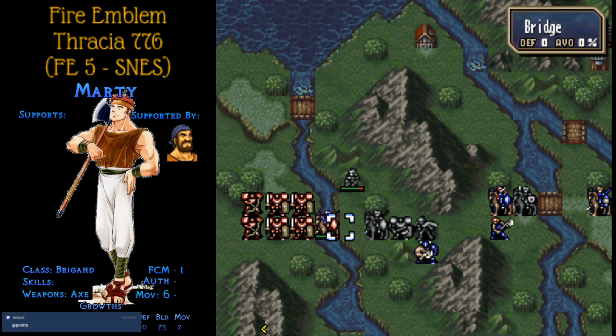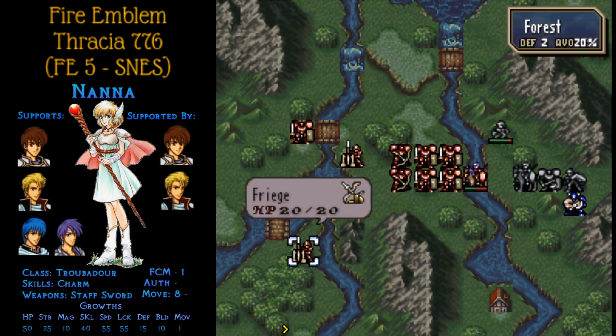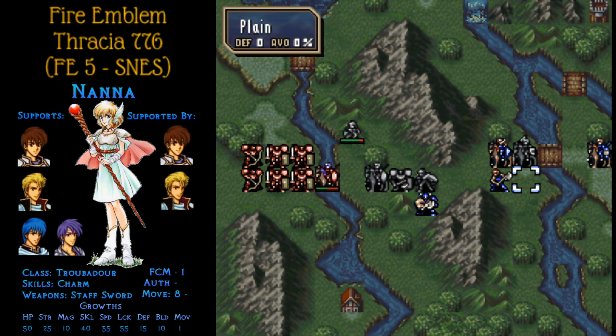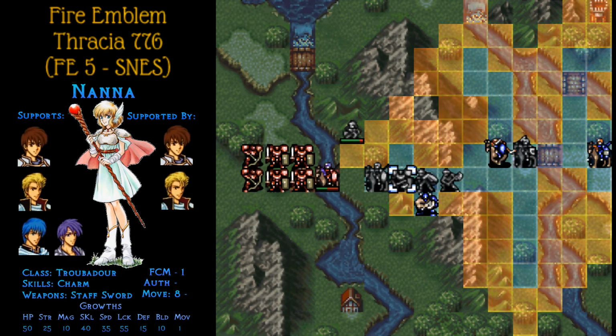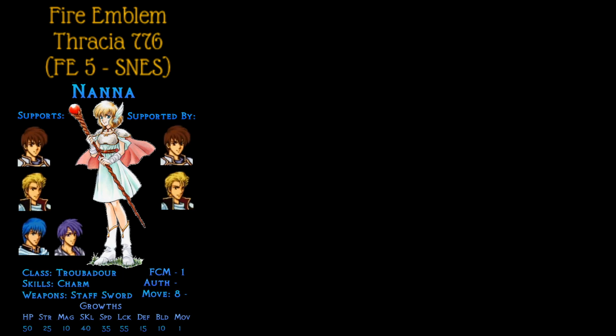Alright, shouldn't change anything drastically. One ballista. These guys still don't want to move. Should be nothing to worry about. I guess 94%, but I could have had Nana in range for support, and then that would have given everyone 10% better, but...